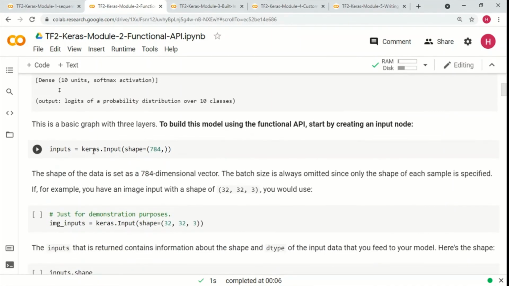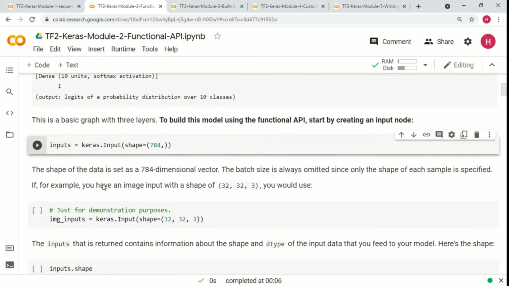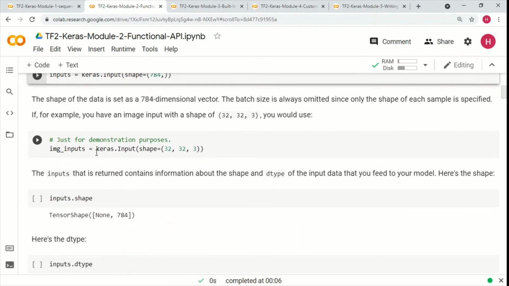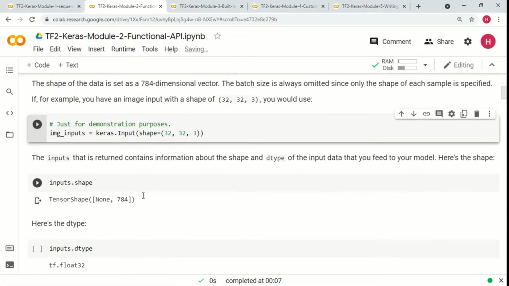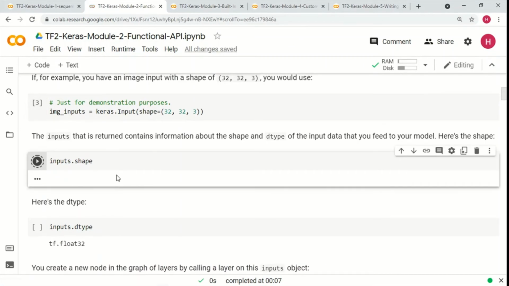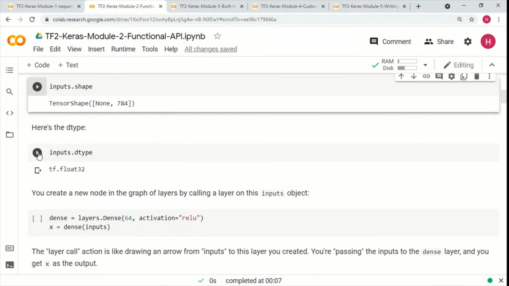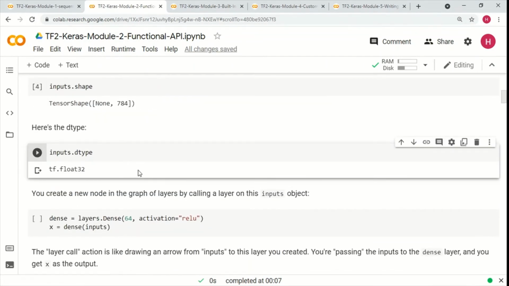So in the functional API, what we do is we create this keras.Input here, and it could be like this also. It could be an image of this particular shape, like 32 pixels by 32 pixels by 3 channels. It could be anything, and then we can inspect the input shape and the input data type.